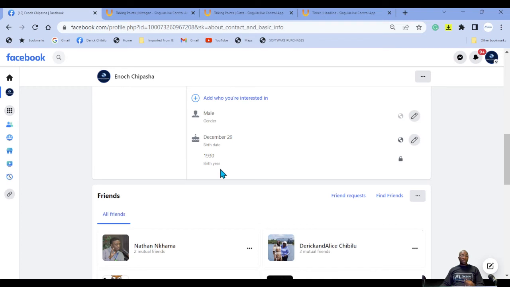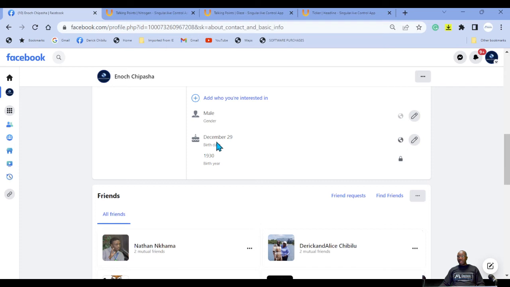Or you can put it to friends, only your friends. Now, this is hidden. So when you go to this page, I can't show you because I'm logged in, it will still show. People, when they come to your page, they only see the date of the month and the date of birth. And then Facebook runs these algorithms in the background where they go through your page and they see it's your birthday today, and they'll send out a message, a notification to your friends. But if you put the correct date, then Facebook will send out the correct birthday, and people wish you a birthday, send you birthday messages.